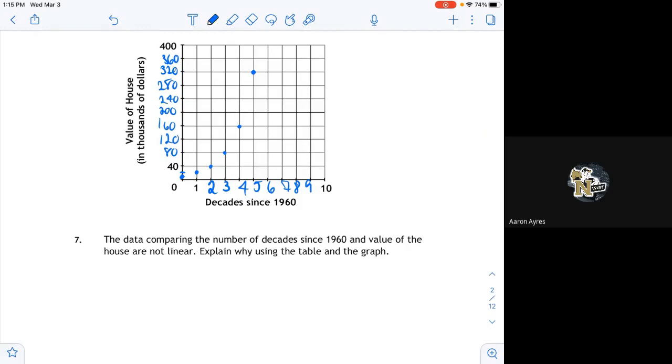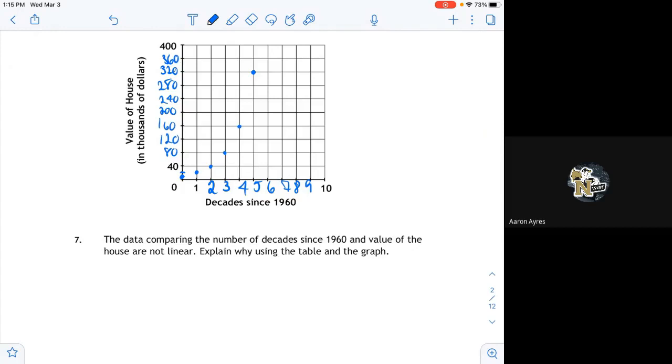Why doesn't that equate to a constant rate of change? Sadie? Because it doubled itself. So like 20 goes to 40, so it doubled itself. Right. Okay, exactly. So it doubled itself, so that was consistent, but it doesn't necessarily mean that the rate of change between decades is going to be the same amount, because you're doubling it. Okay? Are we all okay with what this reasoning is? This is the reasoning we're going to talk about here and how we develop exponential functions. This is an example of an exponential function.